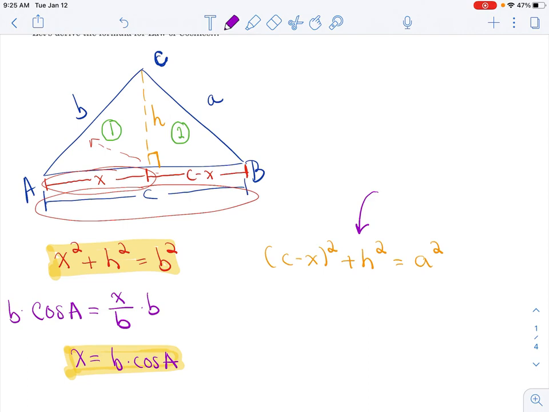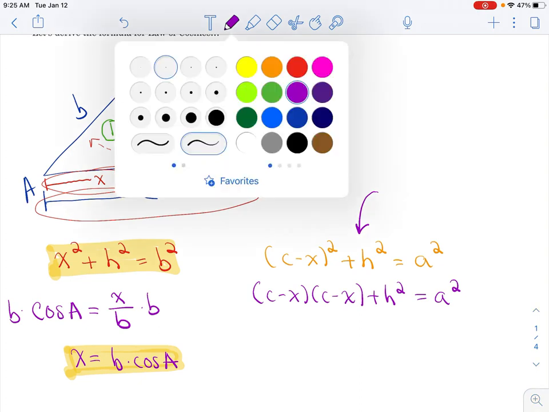So we have a binomial squared, so don't be cheap. Write it out twice so you can FOIL it. I call it being cheap when you just distribute that square inside. Okay, that's being a little lazy. We always have to write it twice and FOIL. So if we FOIL,